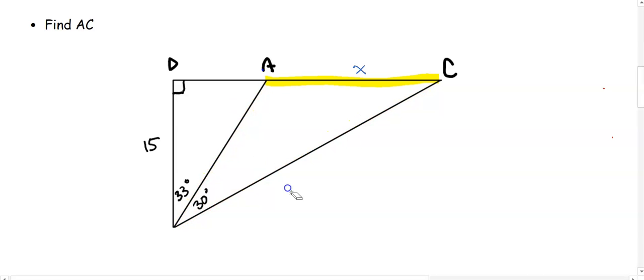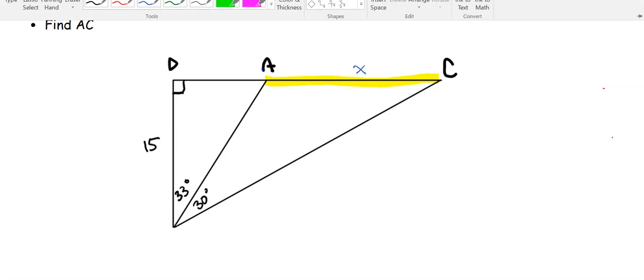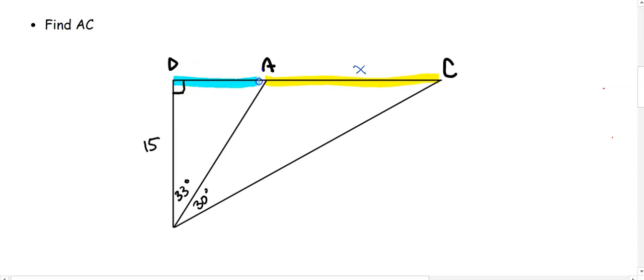So my suggestion would be, well, look for right triangles. I can see one right triangle, which would be this triangle right here. Using this triangle and the 33-degree angle, I could go ahead and find, let's call it W, DA. So by finding W, I can find that length. Or I could use